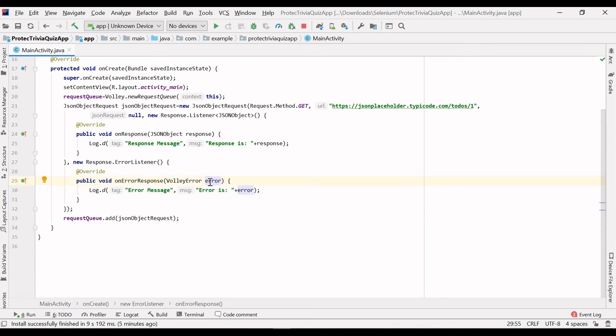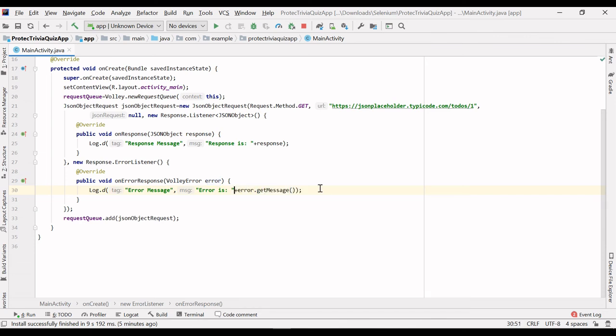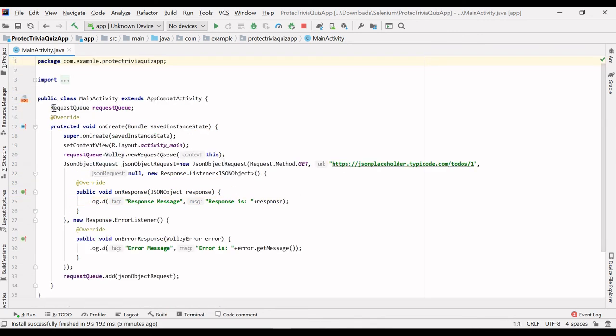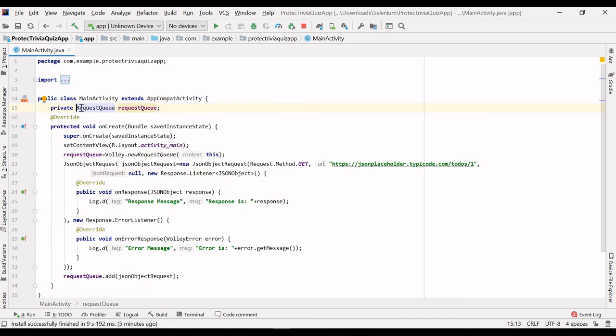And guys, we want to get the error message, right? Get message. And we can declare it as private so that no one can directly access our request queue. So let's run this.